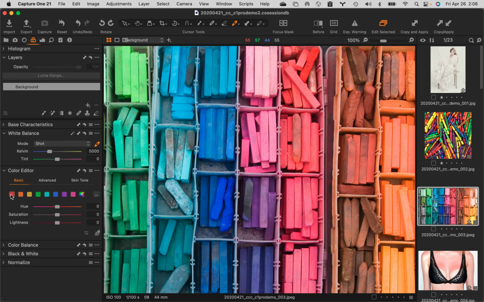Now, you can pick your colors here, but that doesn't necessarily apply to something specific. For instance, for these pink chalks right in here, which of these colors would you pick? There's a way to use a targeting adjustment tool. It's the little eyedropper down in the lower right-hand corner of this. If you click on this tool and then click on the pinks,